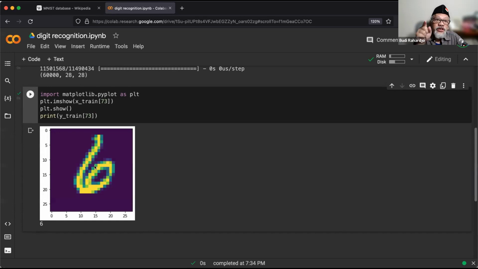So there are 60,000 labeled images. Okay, can you imagine, right? Pak, question: that means just now what we are doing is just showing the data. Correct. Not the training. Not any AI, OCR, whatever. No, not yet. These are the training data.